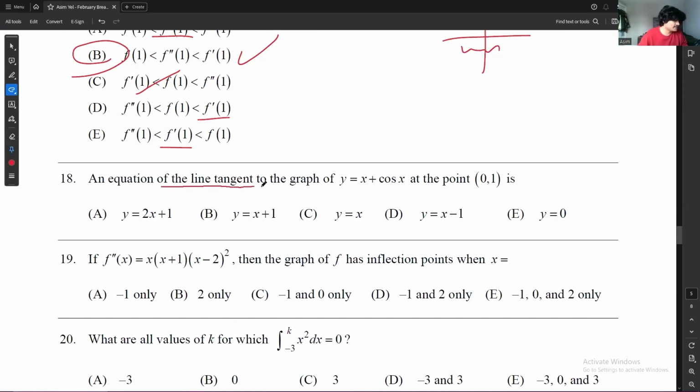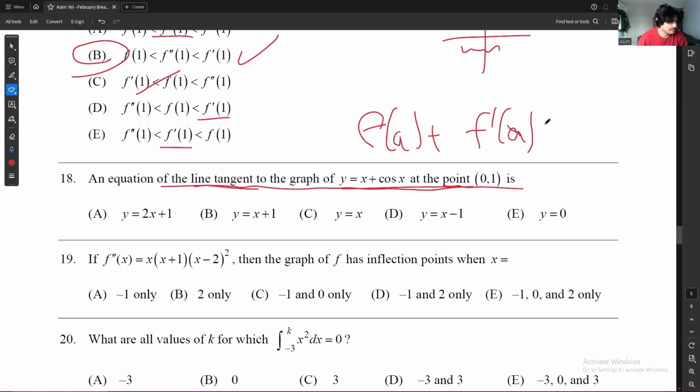The equation of the line tangent to the graph of y equals x plus cosine of x at the point (0, 1) is an equation of a tangent line. So if we're saying the tangent line, we're just going to say f(a) plus f prime of a times x minus a is going to be our tangent line for this graph. So let's just plug in 0. If we just plug in 0, we just get 1. They actually tell us. So f of a is 1 plus